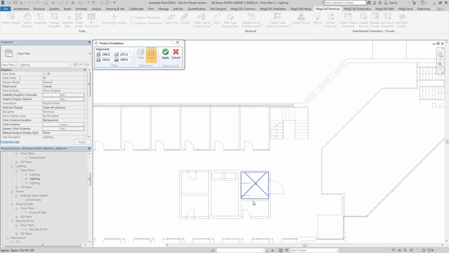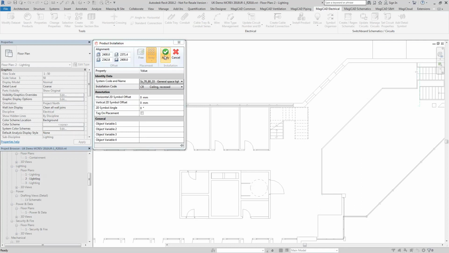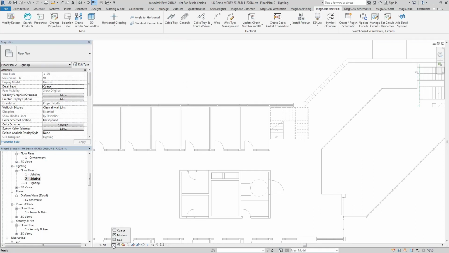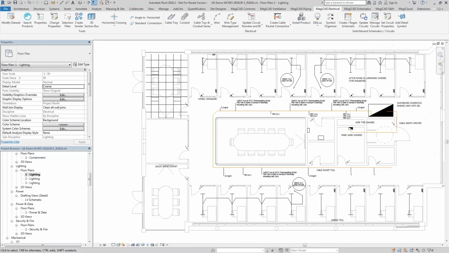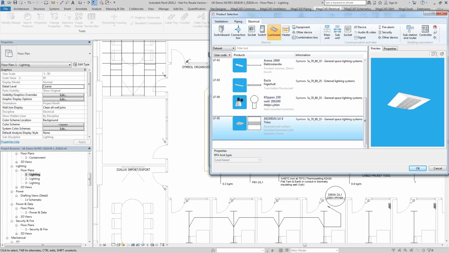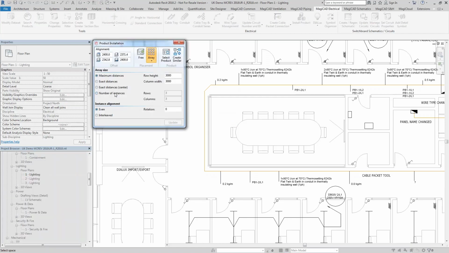Oh, that's interesting. I don't think I've got my view template set up properly, but it will position the luminaires in the space. Let me just readjust this view template. I'll tell you what, I'll do this easier. I'll do it on the ground floor. There we go. So again, install product, this one, and then I'll use my array tool in my floating toolbar,